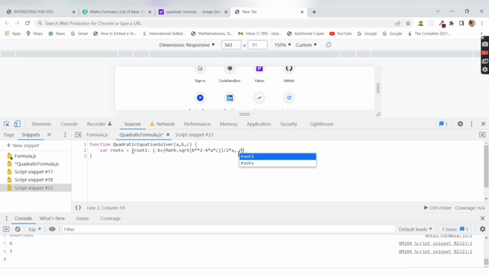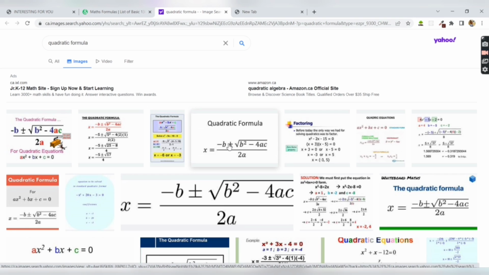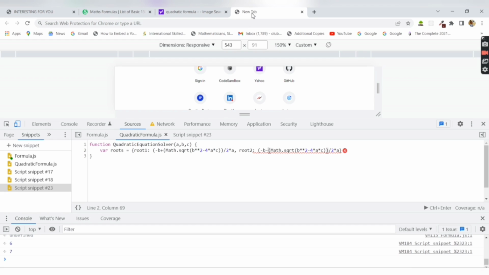Now the second key is root2, and its value will be the same expression, only that this one becomes a minus. We're going to do the plus separately, and then the minus. So it's minus b, plus or minus. The first root is evaluated as plus, and the second one is this expression evaluated as minus. Now the thing I've done here is I'm only dealing with declaring the variable var roots. My variable name is roots. But more than this,